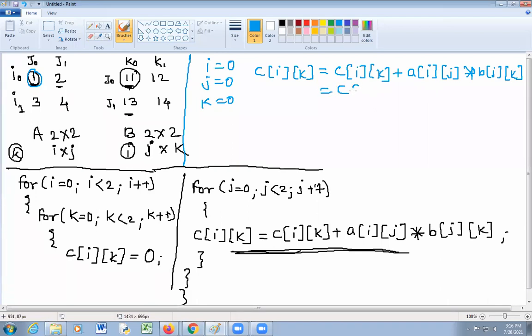So C of value of I 0, value of k 0 plus A of 0 here again 0 into B of here 0 here 0.